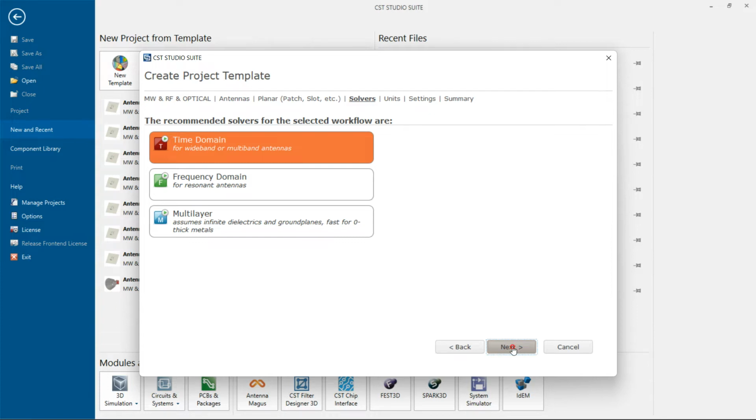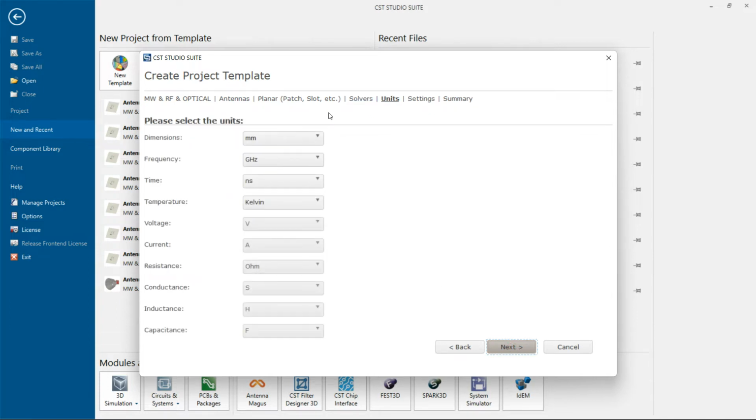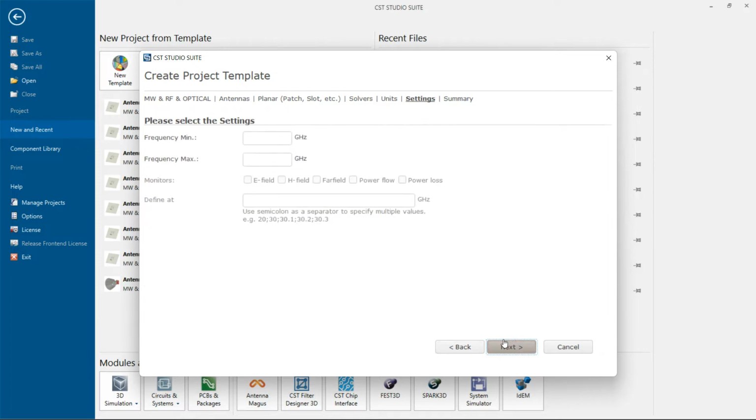We are doing this. And next is units. Obviously for microwave antennas we have to use dimensions in millimeters and the gigahertz range of frequency. So again next, then settings. Here we have to fix the start frequency and stop frequency. I am defining it as 0.5 gigahertz to 4 gigahertz, and I am monitoring the response as E field, H field